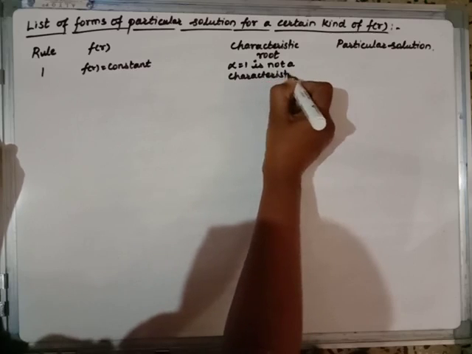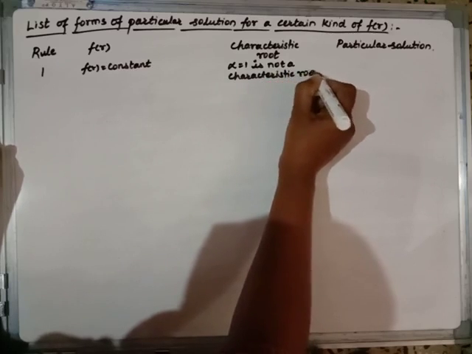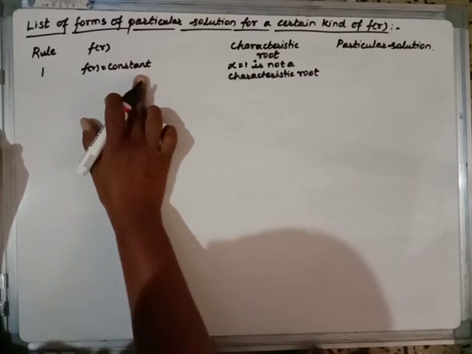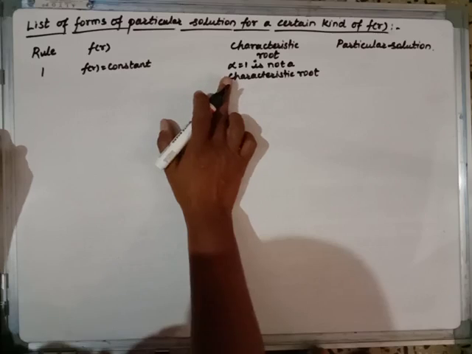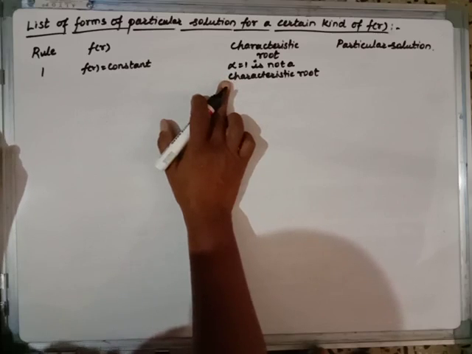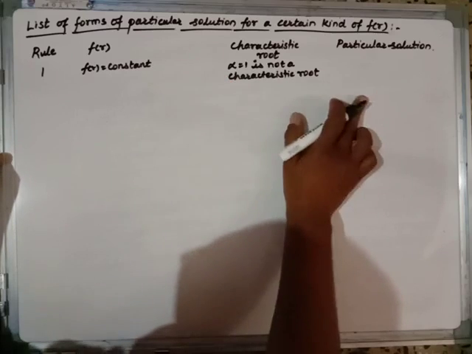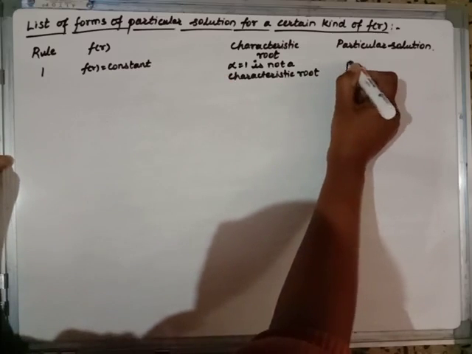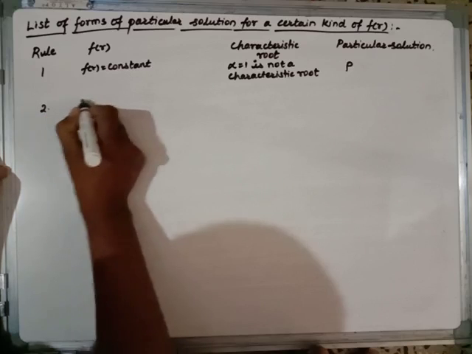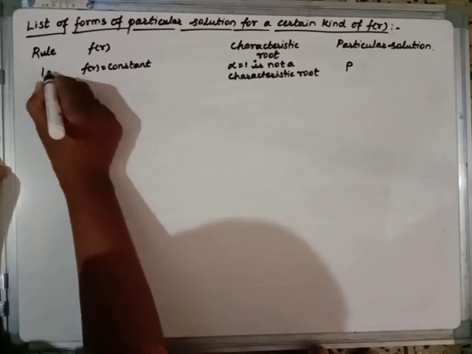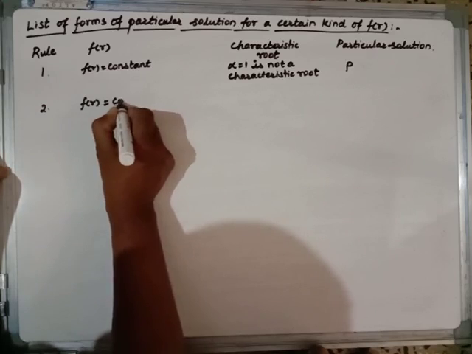Characteristic root means f of r is some constant function. A condition on the characteristic root: alpha equal to 1 is not a characteristic root. In that case, how does the particular solution look? It will be simply some constant p. Then the second rule says f of r is some constant